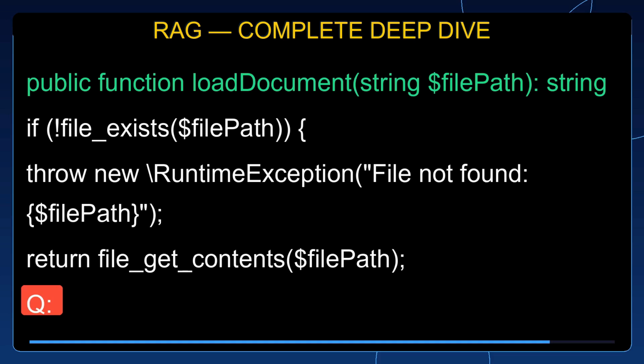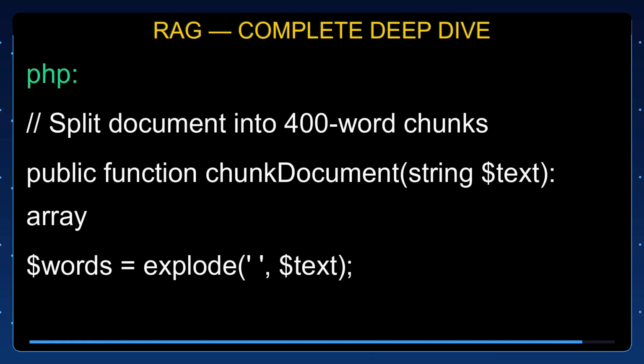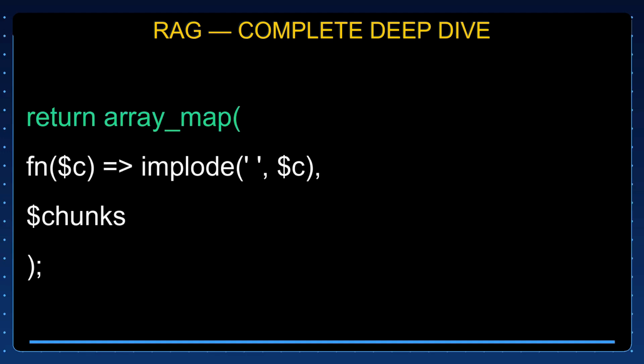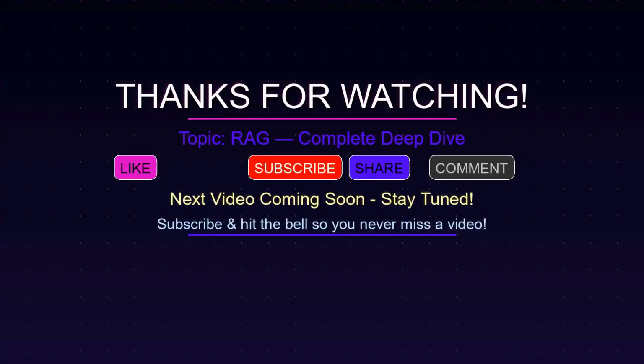Tile 2. Chunk document into pieces, PHP. Split document into 400-word chunks. public function chunkDocument(string $text): array { $words = explode(' ', $text); $chunks = array_chunk($words, 400); return array_map(fn($c) => implode(' ', $c), $chunks); }